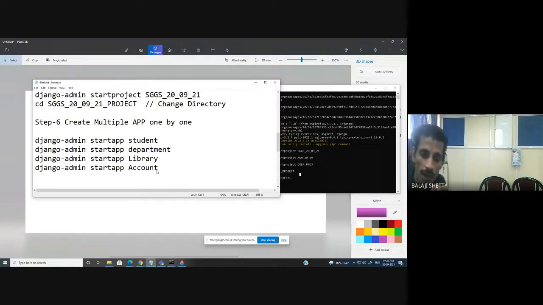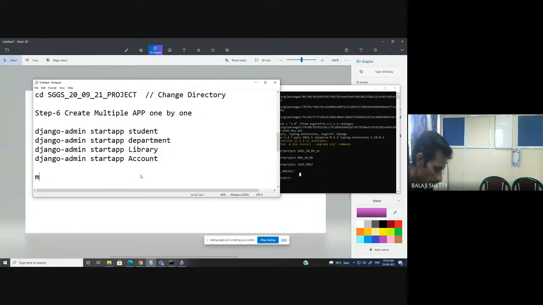So when I run the command, what will happen? In your folder named HGS 2009-21, you will get a first folder named student, a second folder named department, a third folder named library, and a fourth folder named account. This will happen, and in every app there is a file named